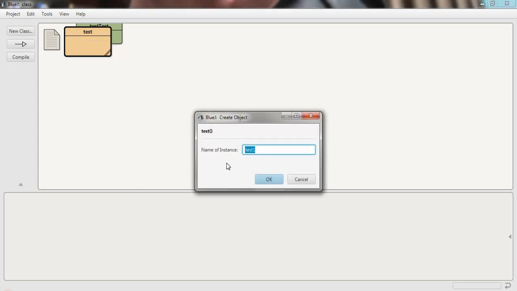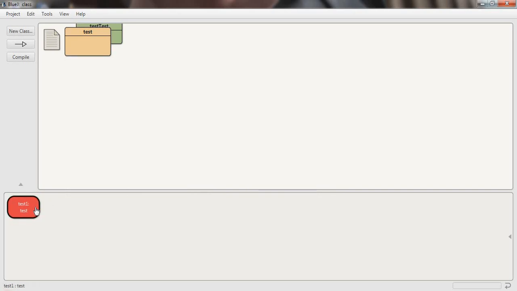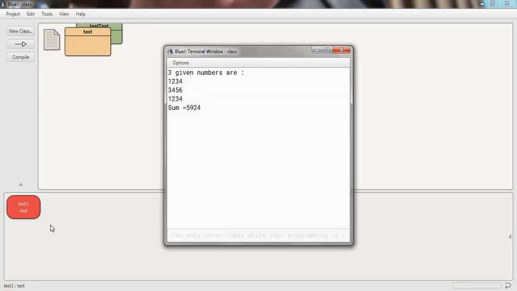Click on this. Now it will come again like this. Click here. This is your final product or result. Now double click on this. Right click on this again and open void. You will get the BlueJ terminal window for your test.